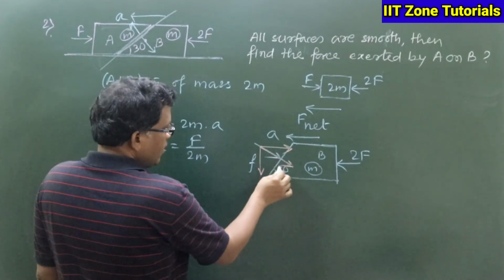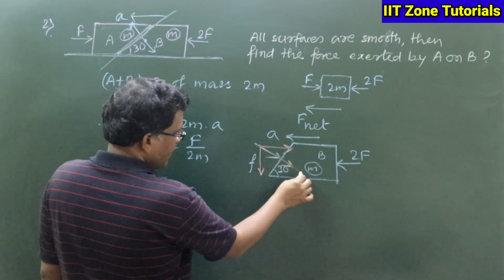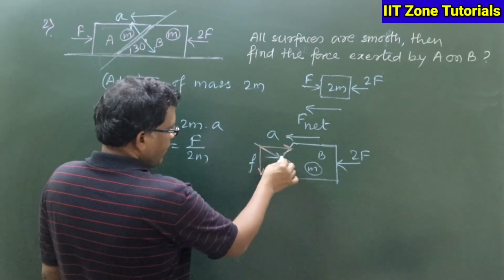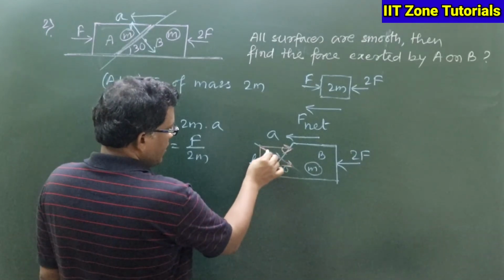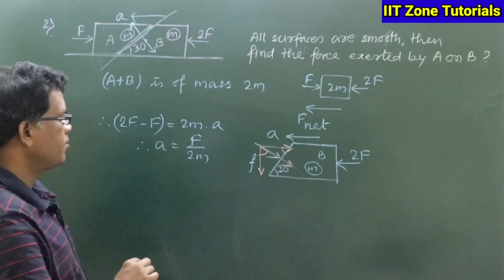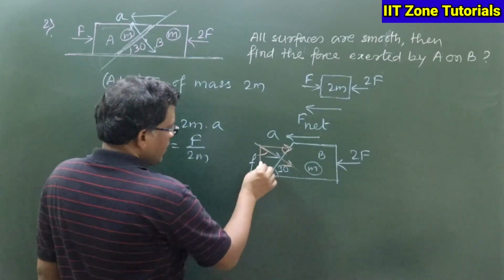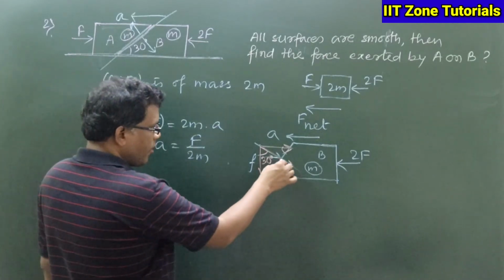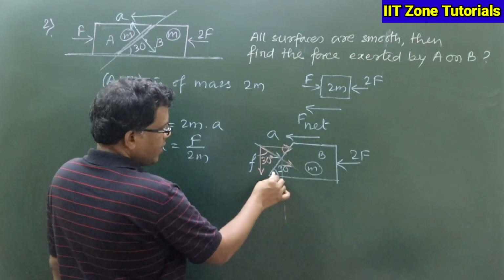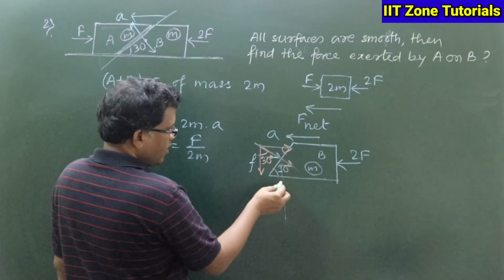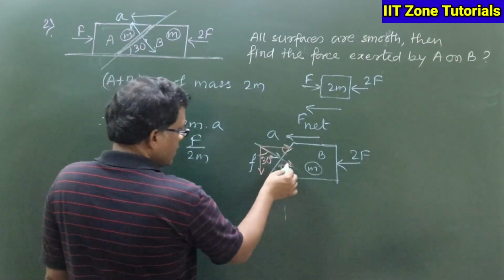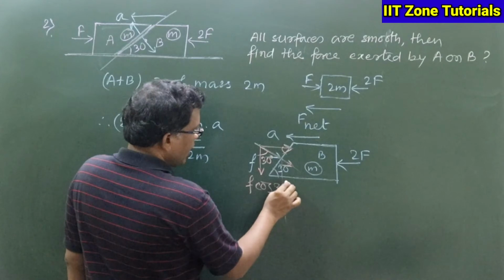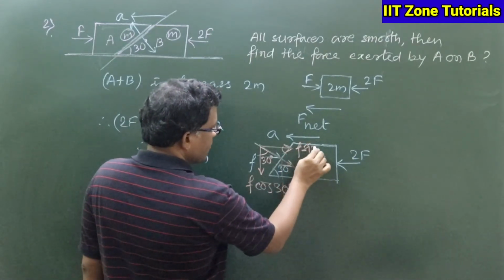Geometrically, this line and this line are parallel, and this is the transversal. So we can see this is 30 degrees, means this angle will be 30, so this angle will correspondingly be 30. Yes or no? This angle will be 30 degrees, right? Could you follow this geometry? Because if I draw a line like this, 30, 60, yes, 60, 30, this will be 30. So downward it will be f cos 30 and horizontal it will be f sin 30.